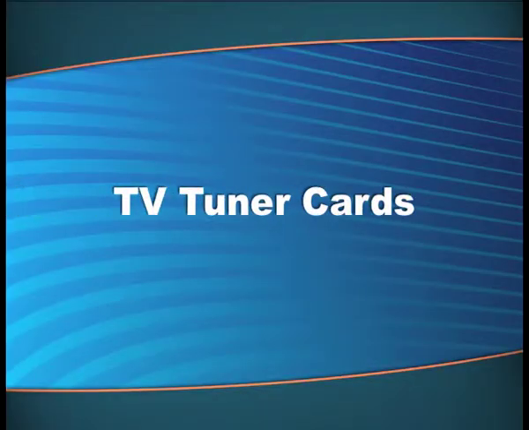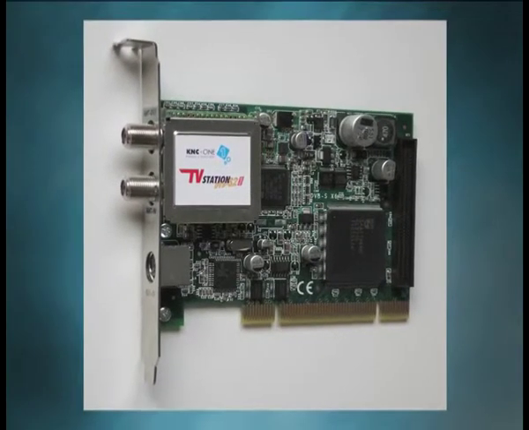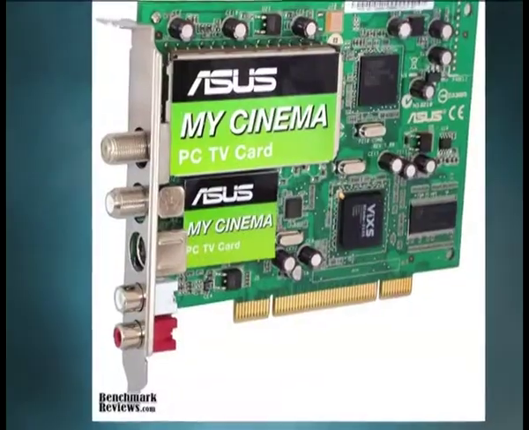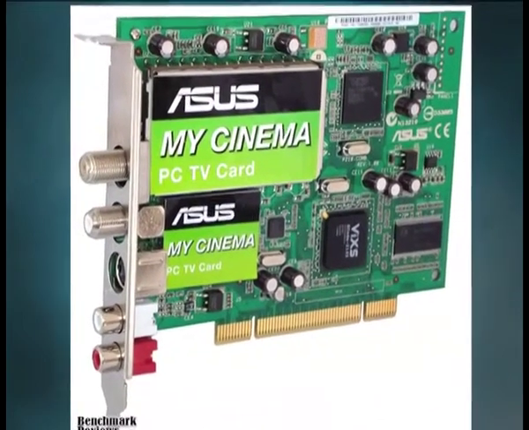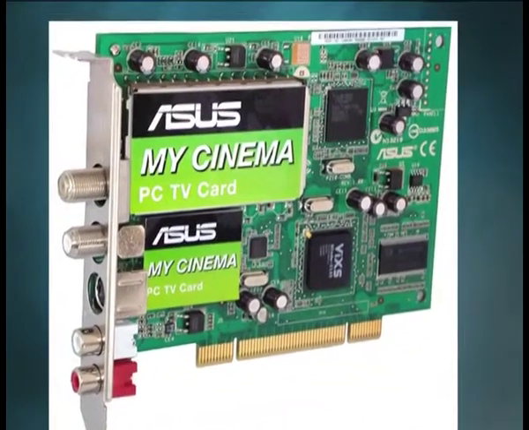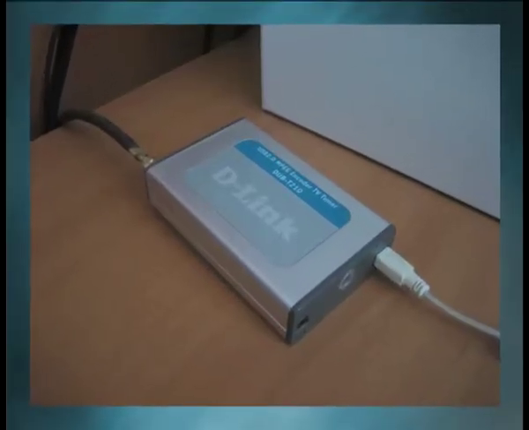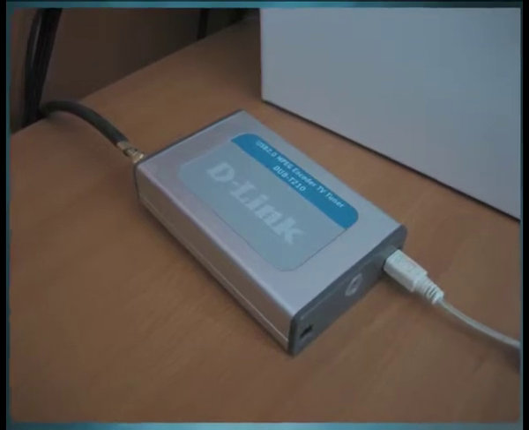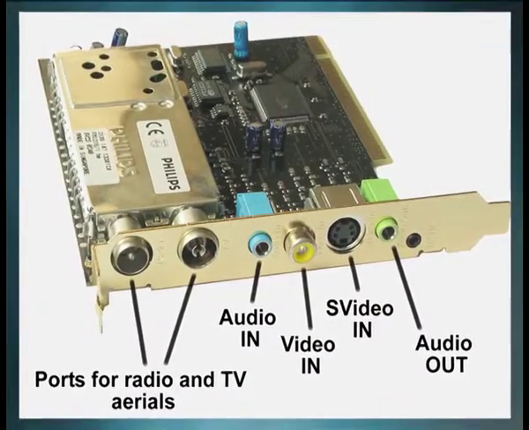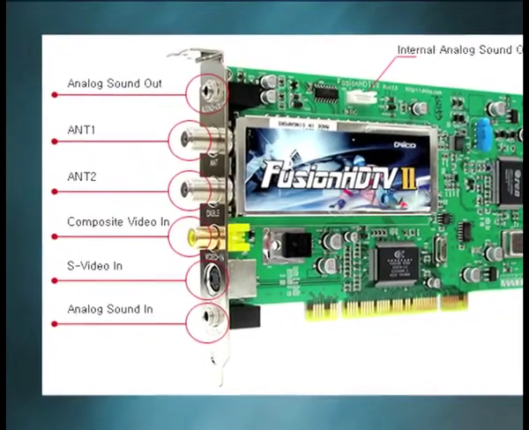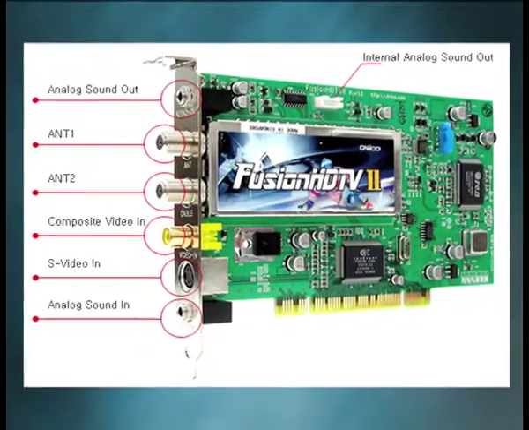TV tuner cards. A TV tuner card is a computer component that allows television signals to be received by a computer. Most TV tuners also function as video capture cards, allowing them to record television programs onto a hard disk. Several manufacturers built combined TV tuner plus capture cards for PCs. Many such cards offer hardware MPEG encoding to reduce the computing requirements. Some cards are designed for analog TV signals such as standard definition cable or off-the-air television, while others are designed for high-definition digital TV.